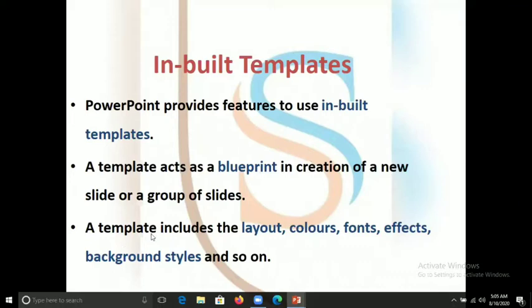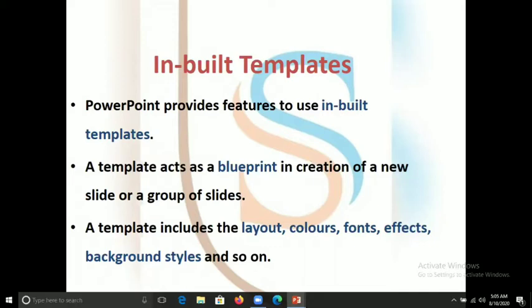A template includes the layout, colors, fonts, effects, background style, and so on. All the things are predefined, like the layout of the slide, color, font. So it saves our time to create the new presentation. If we want to take a predefined one, that is called a template.